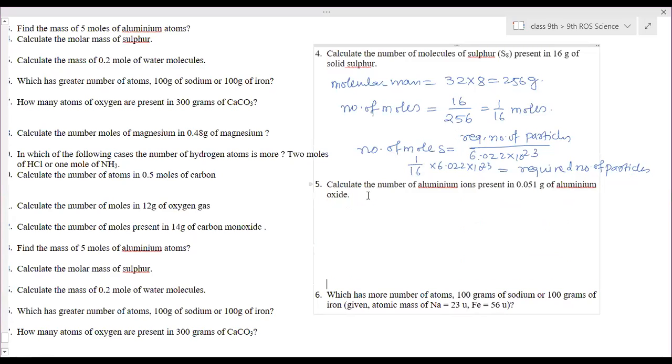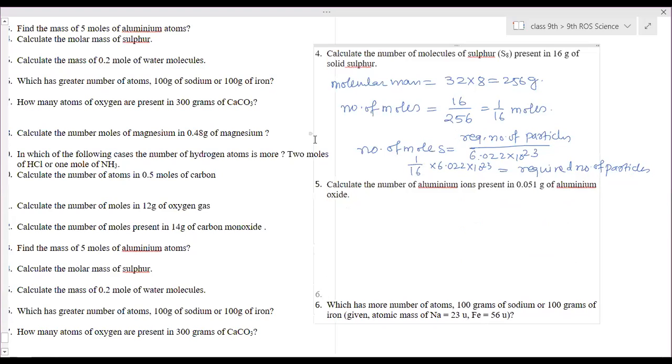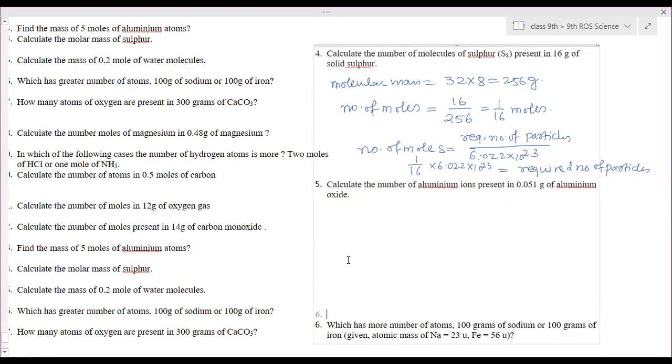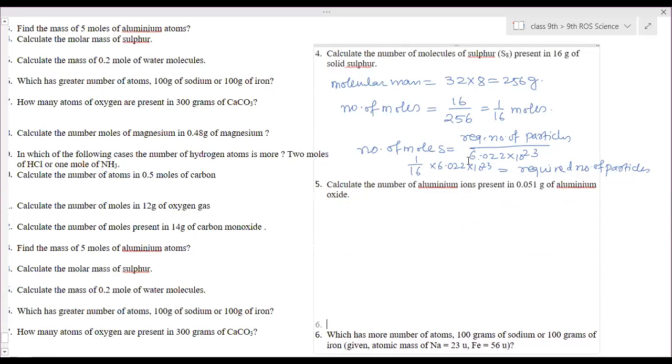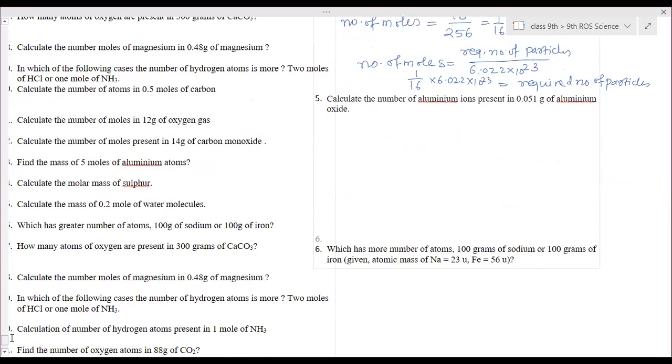Fifth question is very important. This is an NCERT question. Ma'am, I have a doubt. The fourth question should be further converted. Yes, you have to divide this and convert into decimals. Okay, ma'am. Now fifth question. Here this is an important question. Mark it, highlight it, do anything. This is a very important question.